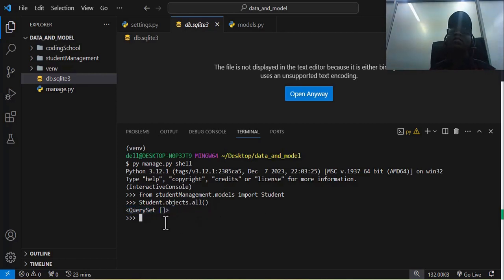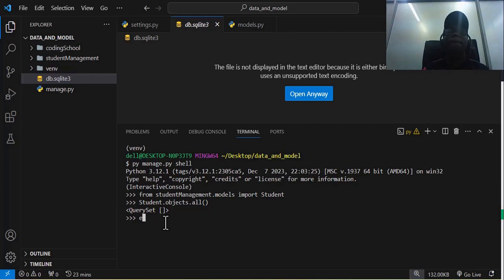Now let's try to add a record to the database by just saying student. Of course, don't forget we have imported the model. If you want to do this, maybe you close the shell. To close the shell, you just type exit and you open your bracket and you close the bracket. That will close the shell. But for now, let's not close the shell. So if you close the shell and you want to start this again, you should not just jump to Student.objects.all. You should import the model again and go the route of